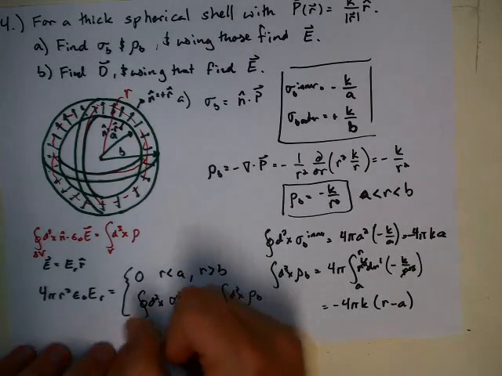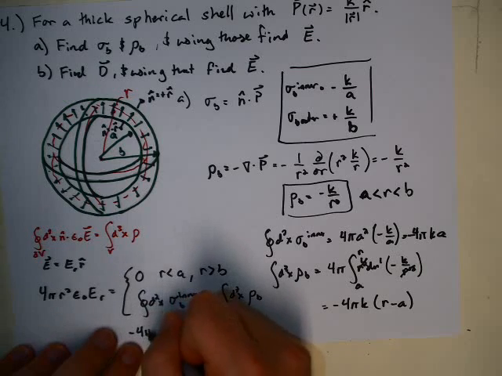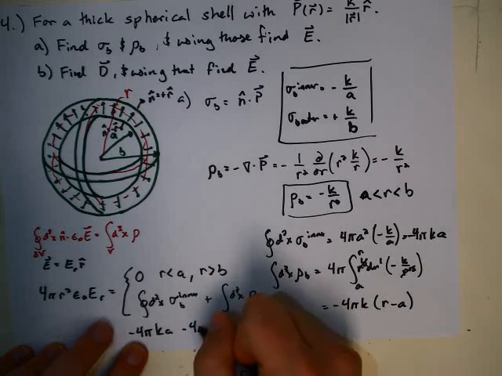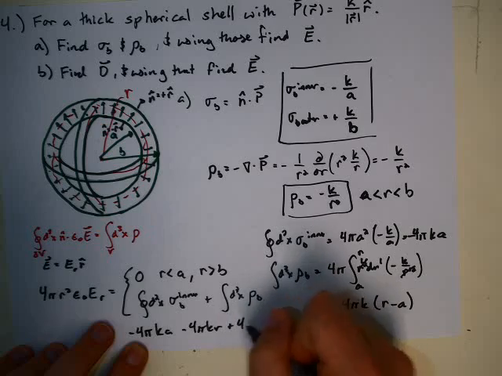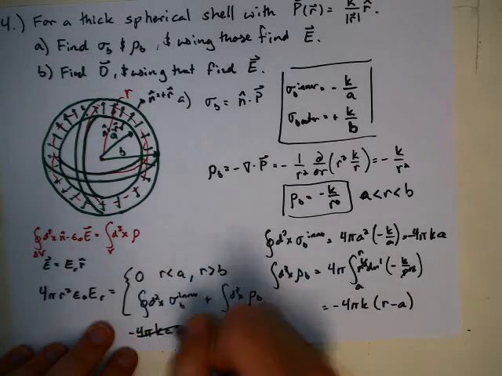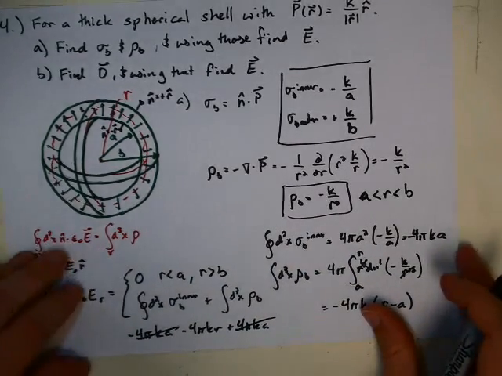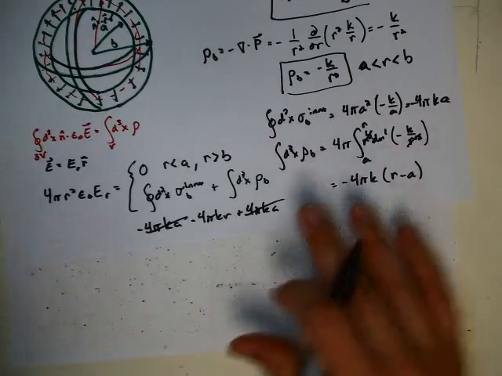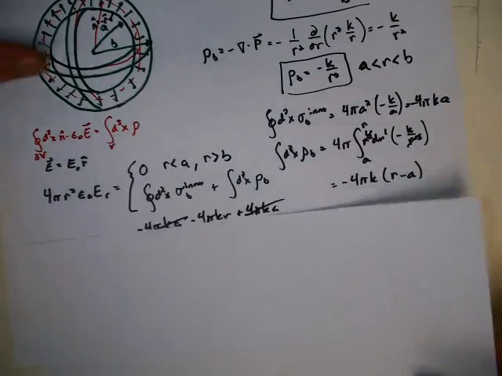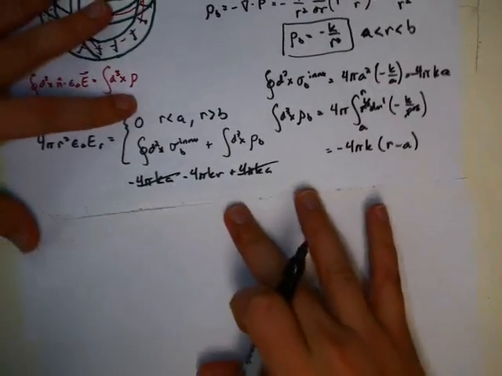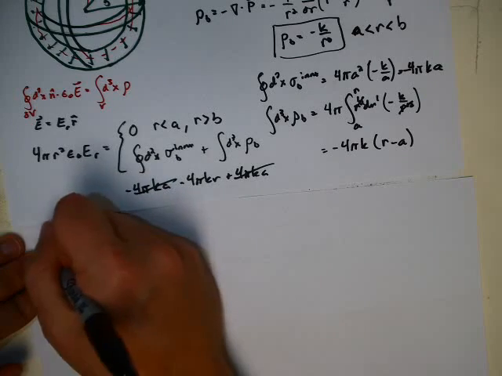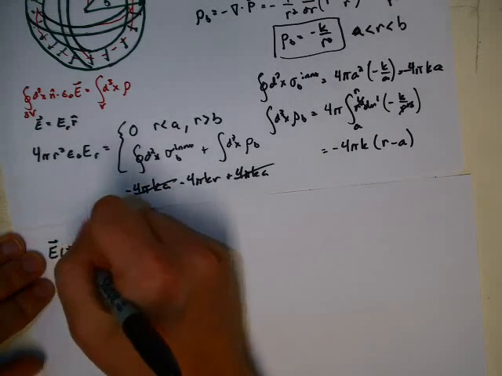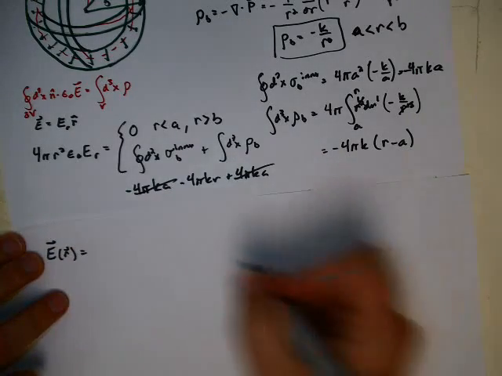And so adding them together, this is going to be minus 4 pi k a, and this is going to be minus 4 pi k r plus 4 pi k a. So those two are going to cancel. And what we're going to get for the electric field in this case, okay, so we have to go to the next page, what we're going to find is that the electric field everywhere